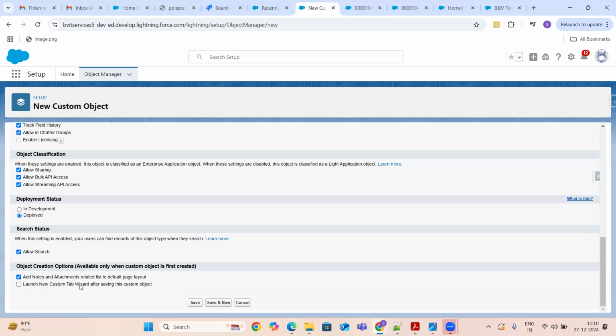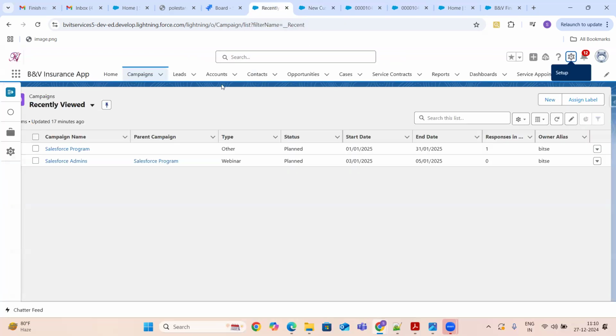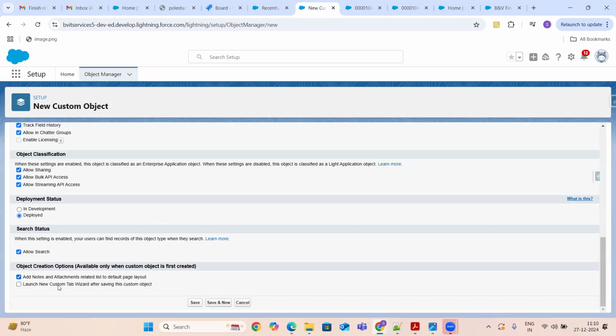And then Launch New Custom Tab Wizard. As soon as the object gets created, the second step is we need to create the tab, guys, like campaigns, leads, accounts, contacts. These are all tabs, right? So at the time of creating the object, you can create the tab. If you want to create the tab, you can just check this checkbox, but this is optional.